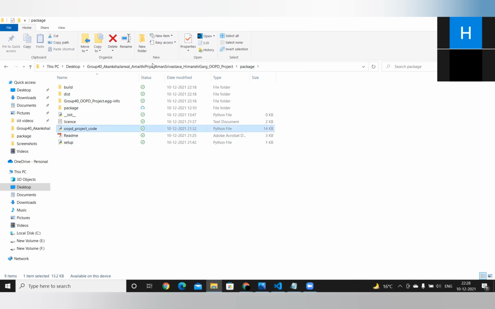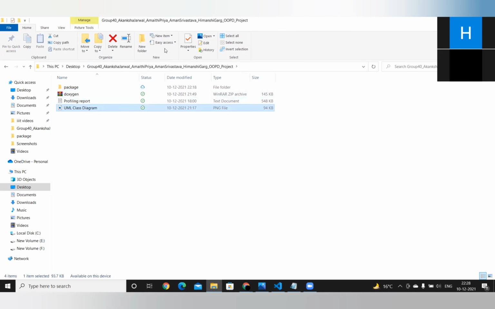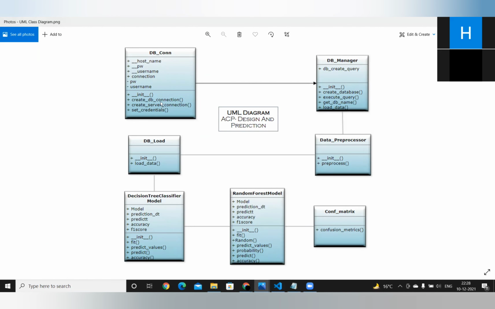This class is inherited by the DB manager class, and other classes are connected and associated with these classes: data preprocessor, data load. For the ML modeling, we use two classes, decision tree classifier model and random forest model. For the result representation, we use the confusion matrix class.